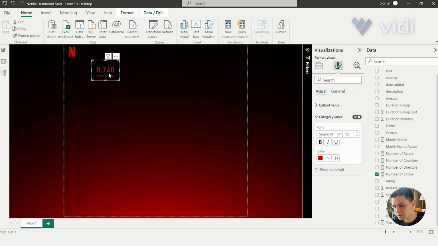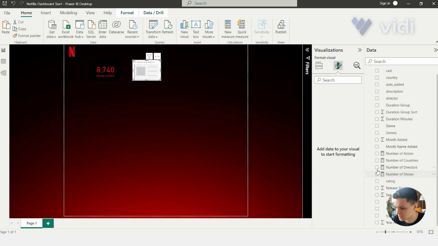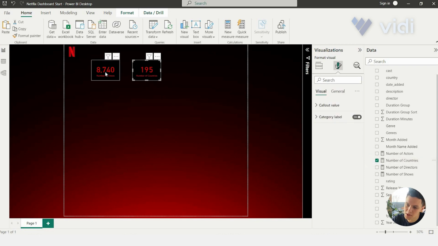Now with the second card, we want to drill down into our data. So what is more granular than the number of shows? It's probably the number of countries from which those shows come. So let's do something with that. I'm going to Control-C and Control-V this card so that I copy it over. And now we've got it like this. So I'm going to delete this one, and I will add the number of countries. It's just quicker if you copy and paste the cards, because you don't have to apply the formatting steps again